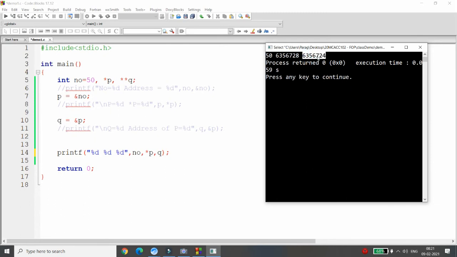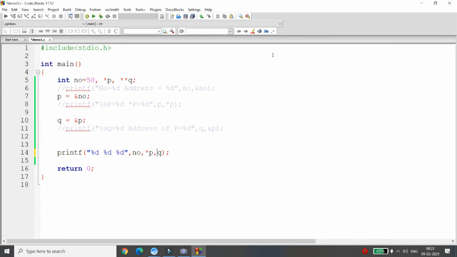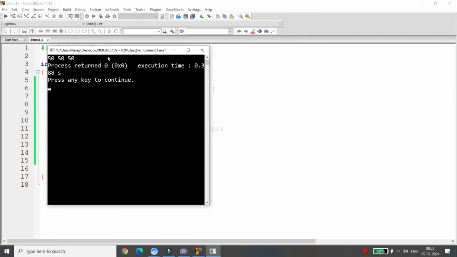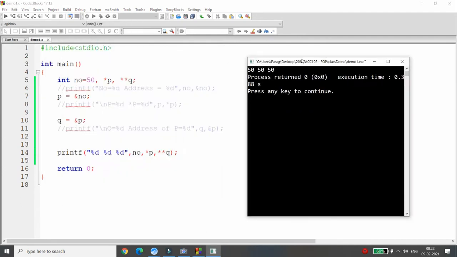At this address, that is at 24, the value stored is 28. This is the value stored at this address, right? Now, at this address, which value is stored? That is 50. So if you write **Q, then you will get the value over here, and that will be 50. It means my Q is the variable which stores the address of the pointer, and the pointer is the variable which stores the address of the normal variable.